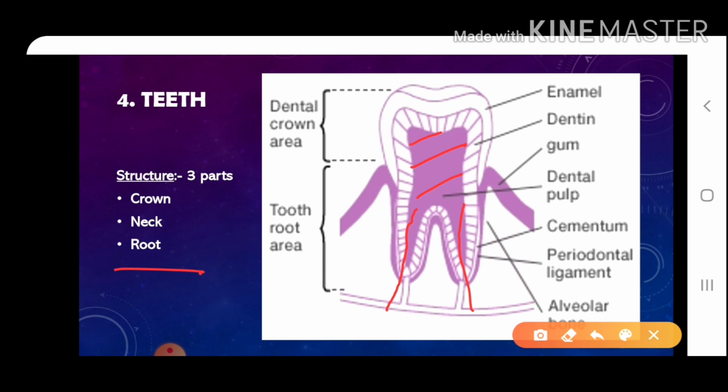Now over here you can see this is the blood vessel. From here, blood vessels enter into this pulp cavity. This is the major blood vessel running through the gum, and through this major vessel there are blood vessels which enter into the pulp cavity. I hope this much is clear to you. The diagram is extremely important. I would recommend you to take a screenshot and practice it two or three times.